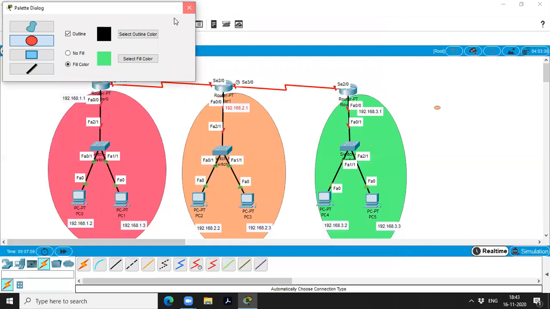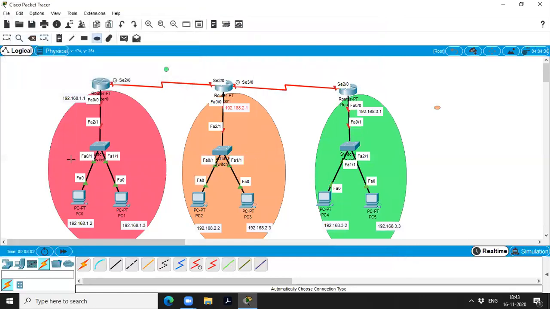So I have three different networks. This belongs to one network which has one source router. This belongs to another network, which also has another source router, and this belongs to the third router, which also has a source router, right?